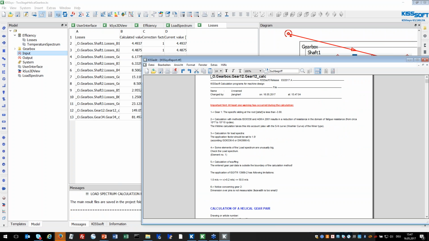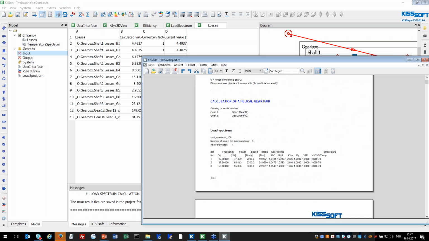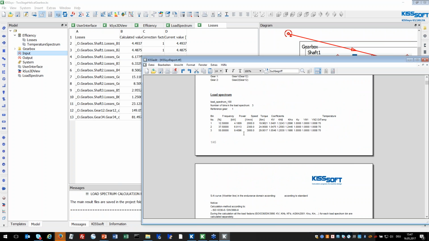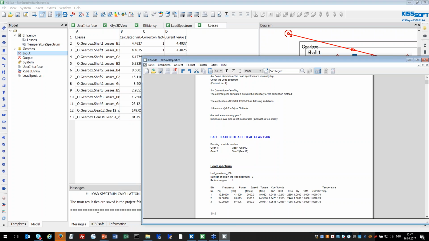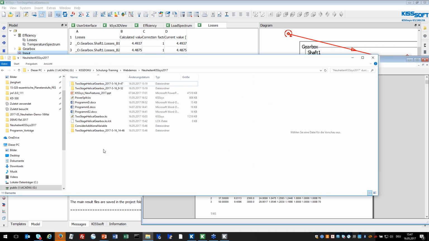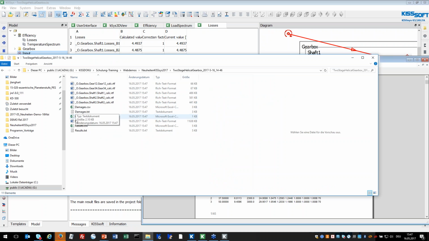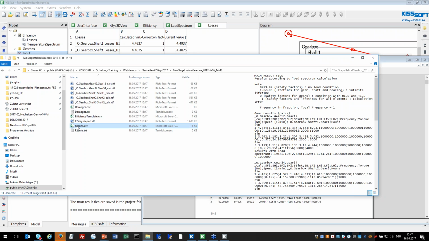So the general report is created. This is the general KISSsoft report for the strength. Then if I go to the folder, it's creating a new folder here with a two-stage helical gearbox. And if we open that one, you will find back the results CSV where we have